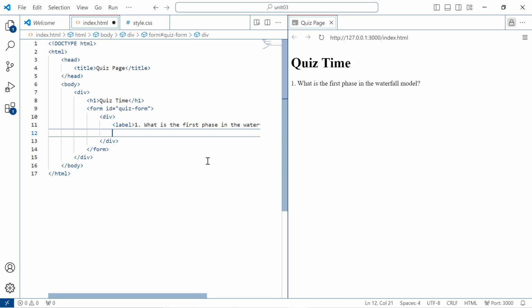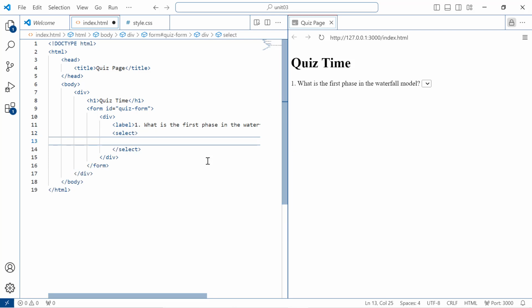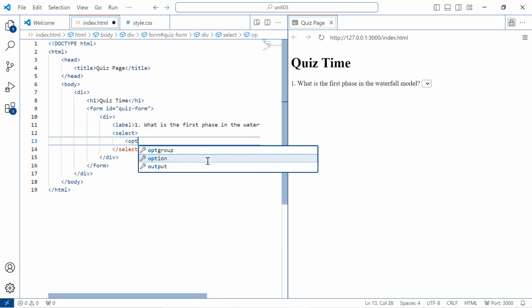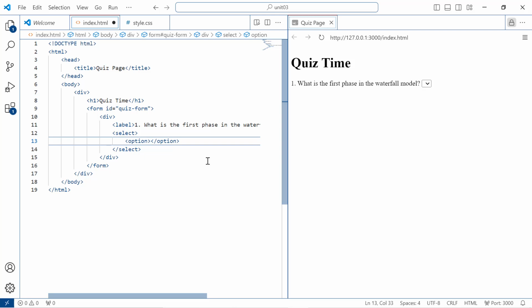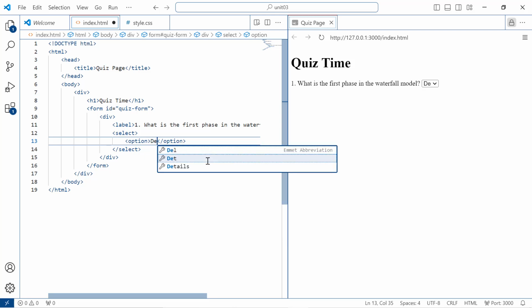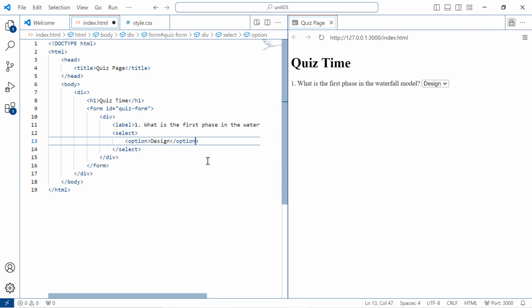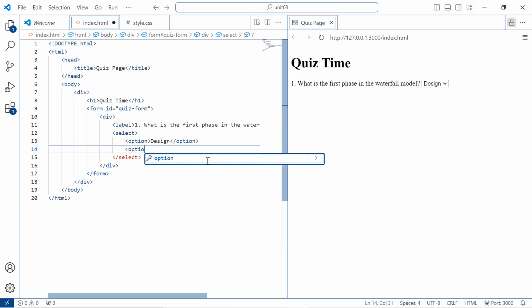The syntax for a drop down box is select. Select is the drop down box. Clear? And then here we need to provide the options. I am going to provide some different options, so from these options you can select. I am giving the first option as design, and then the second option as testing,